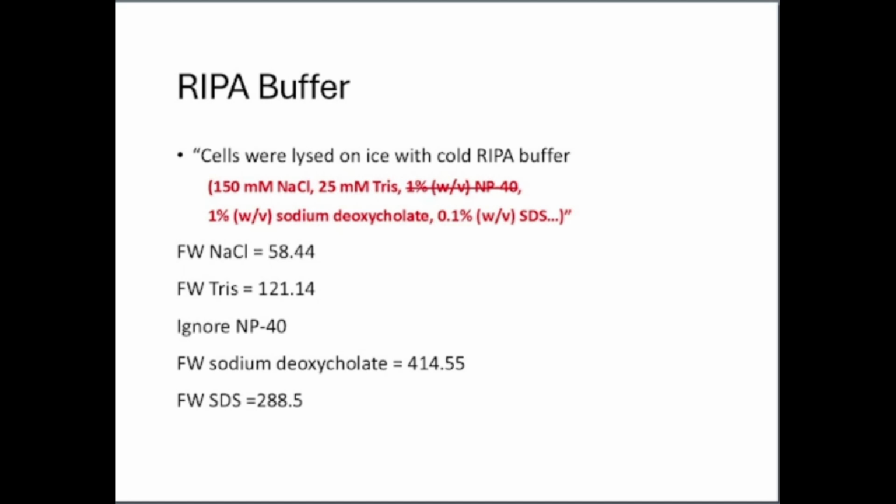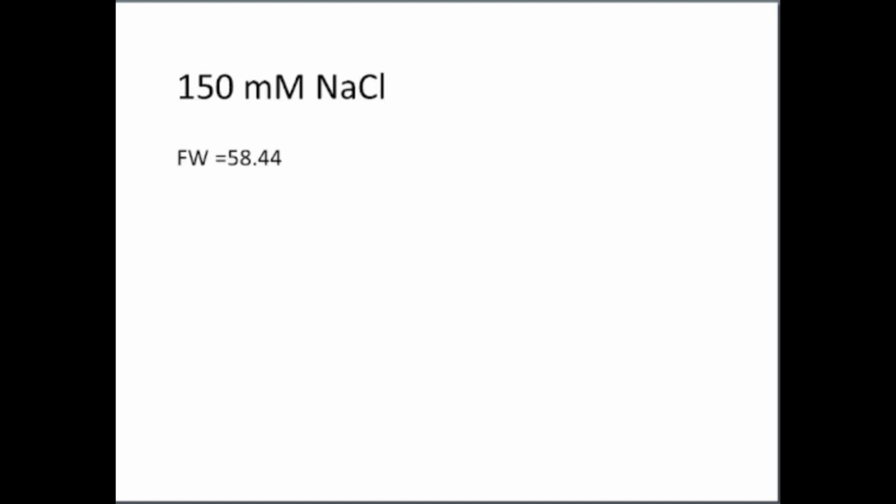Okay, let's start out. And in this particular case, I'm going to start out with the sodium chloride. But you might have started out with the tris or one of the other components, and that would be perfectly fine. So again, the sodium chloride, we want 150 millimolar. So what are we going to do? Well, we're going to use our usual formula, 58.44